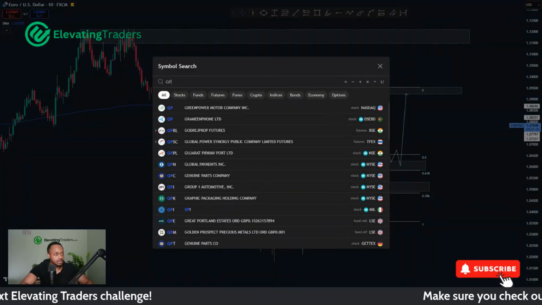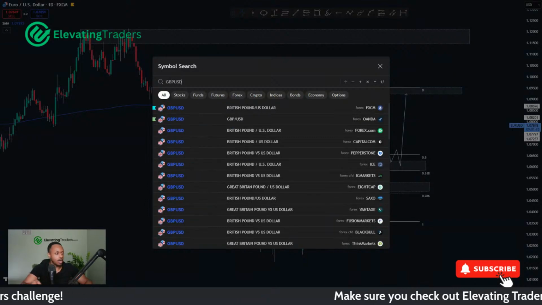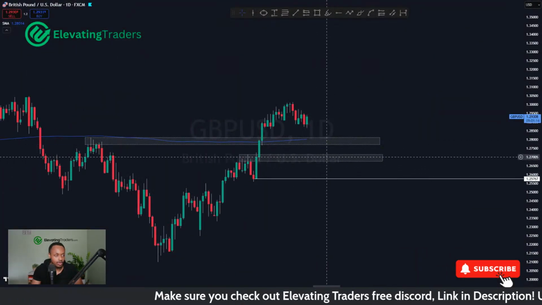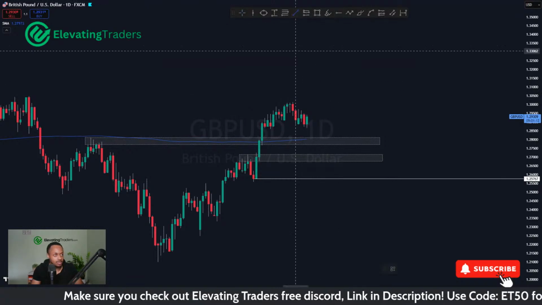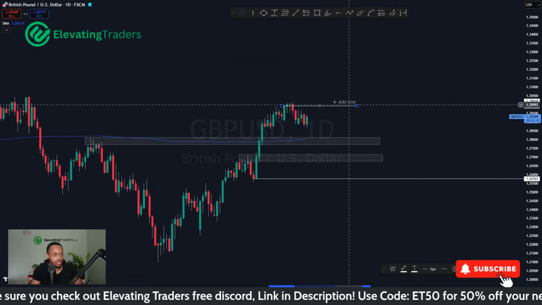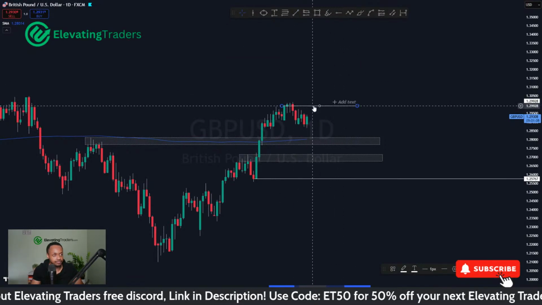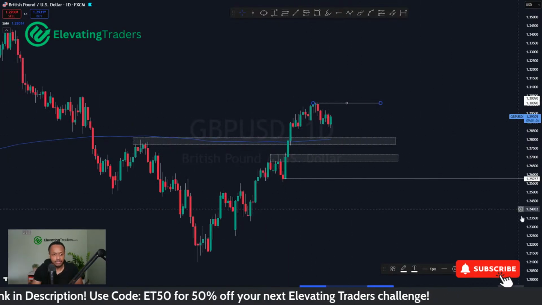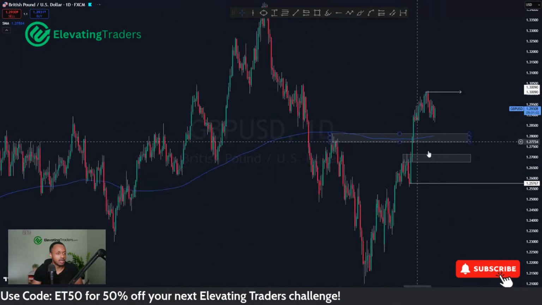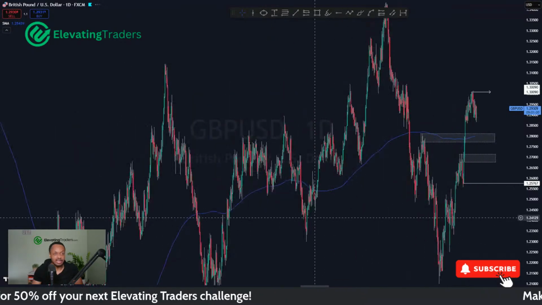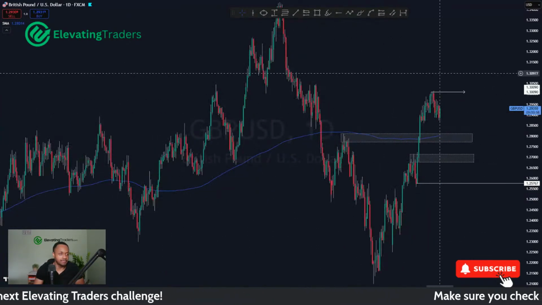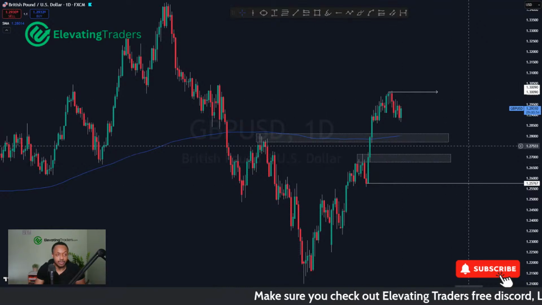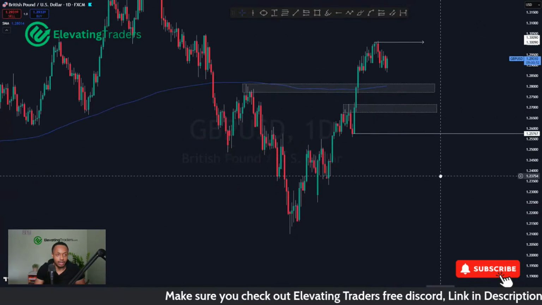Pound USD, same idea as well. I like the buys here too, 1.28, 1.27, swinging back into resistance. I think pound USD can go further, but I think just for a trade, keep it simple, back to the high there. As long as the risk reward looks good, I don't mind just calling it a day at that high, and I can always leave positions to run if I want to. But yeah, 1.28, 1.27 look really, really good. So I'm going to keep a close eye on the longs there as well.